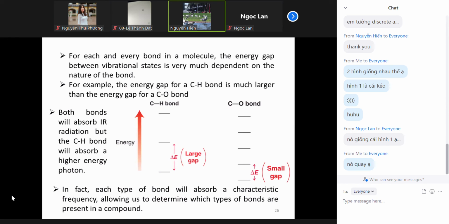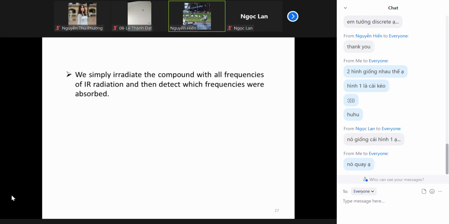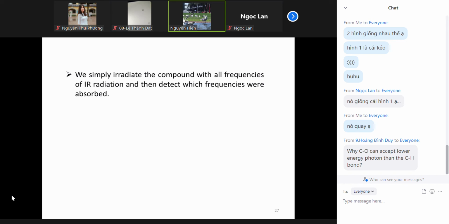So in fact, each type of bond will absorb characteristic frequencies. So it allows us to differentiate between these two types of bonds. If you have a compound that you need to study its structure, you simply radiate a small amount of this compound with all frequencies of infrared light, and then you use detectors to